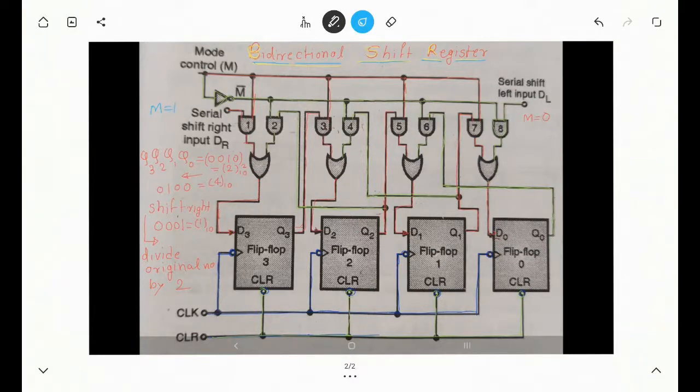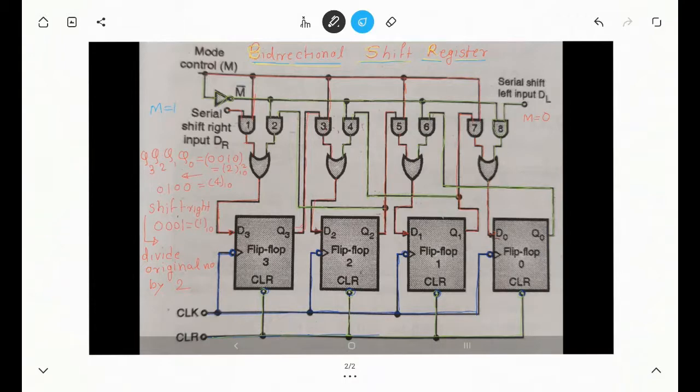Today we are going to study bidirectional shift register. In bidirectional shift register, right shift as well as left shift is possible. When a binary number is shifted left by one position, then it is equivalent to multiplying the original number by 2, and when it is shifted by one position towards the right, then it is equivalent to dividing the original